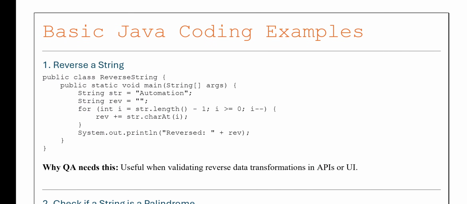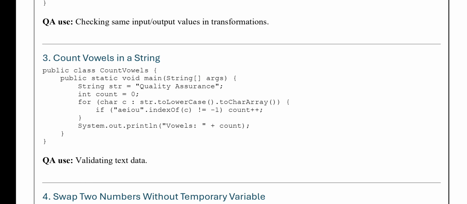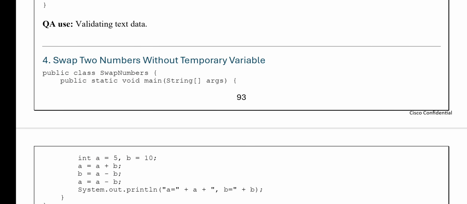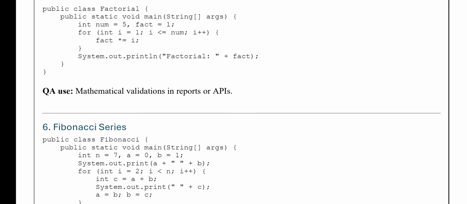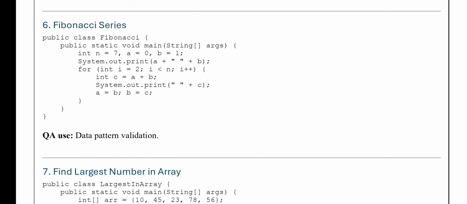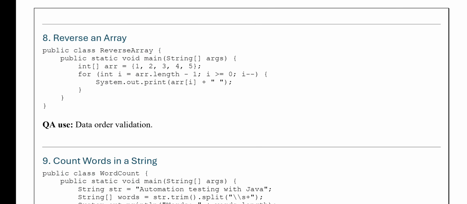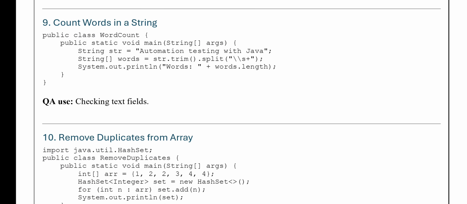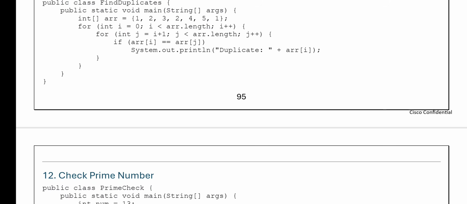Okay, and then these are some of the Java coding programs. Reverse a string, check if the string is a palindrome, count the vowels in a given string, swap two numbers without using a temporary variable, find factorial of a number, Fibonacci series, and find the largest number in a given array, try to reverse an array, count words in a string, remove duplicates from an array, find duplicate elements in an array,